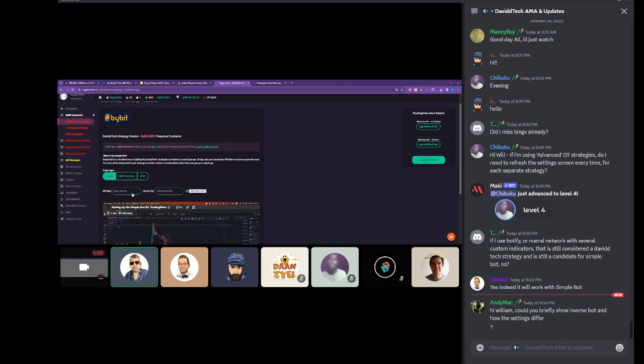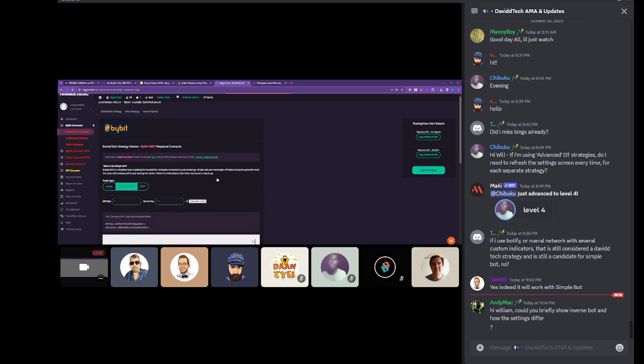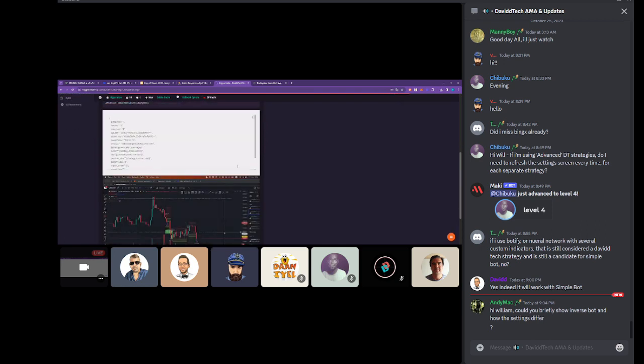Enter your API, generate your code. As you can see, compared to the previous code, which if you go back onto the video from earlier on, now you've got inverse, which is set to 1 for that exchange. Copy that code out